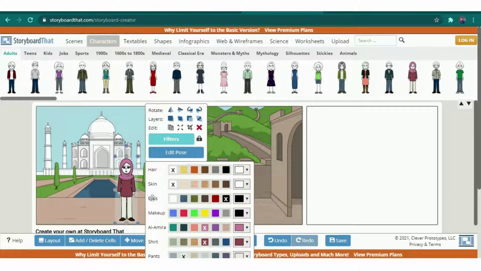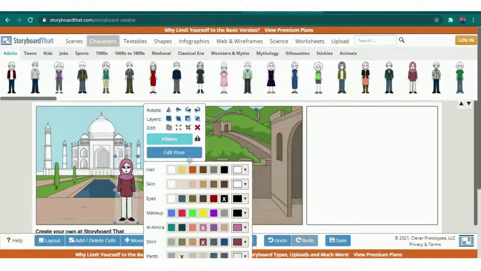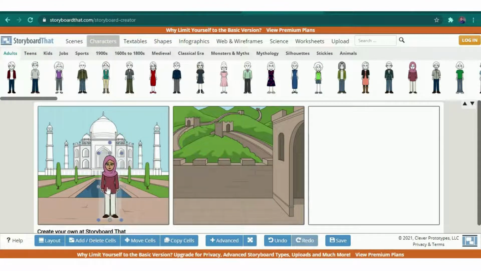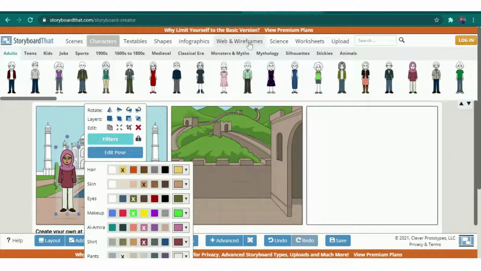Let's put her here. And here you can also see that you can change the character's skin color, the hair, the color of eyes, the makeup, and the color of shirt and pants. You can also rotate, you can also enlarge,